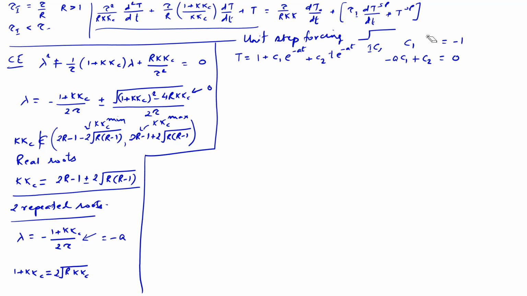So what this gives is C1 equal to minus 1, and C2 turns out to be actually minus a, which is actually minus 1 plus kkc by 2 tau. So what we have is our solution for a unit step forcing is 1